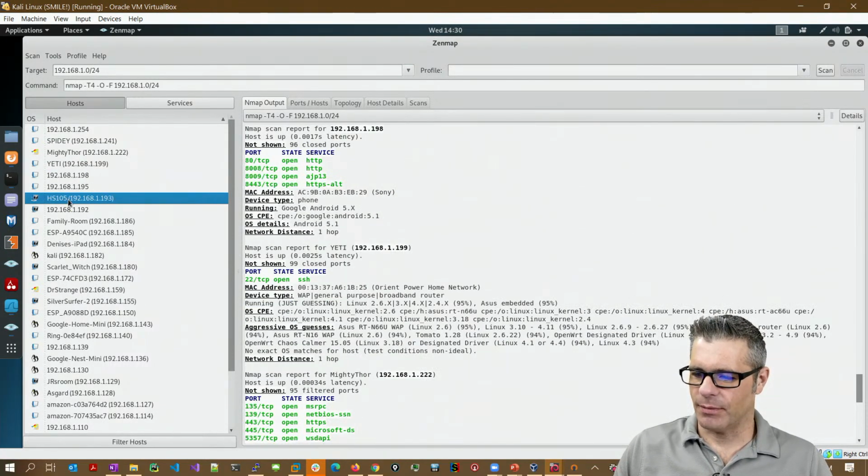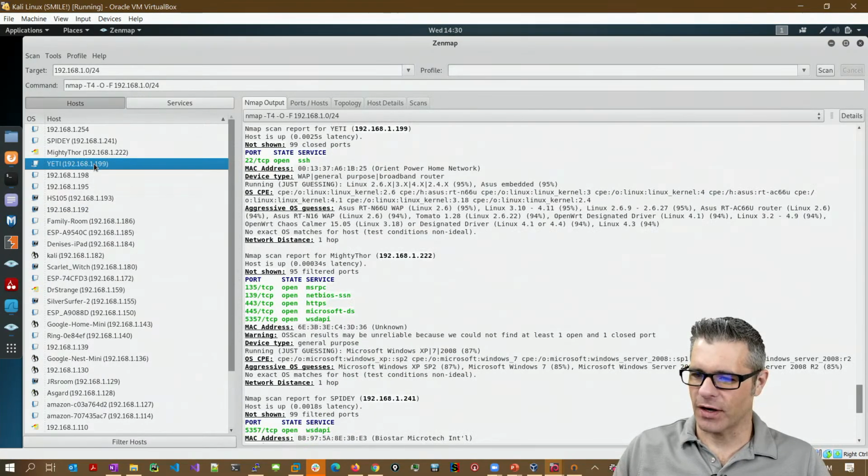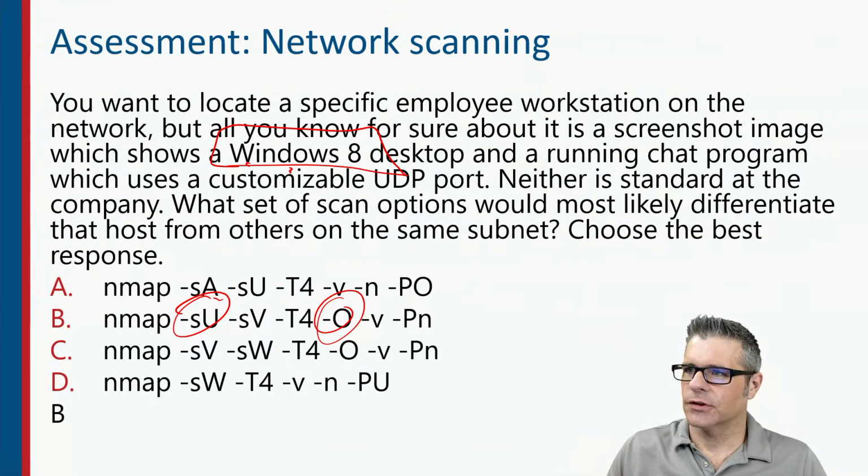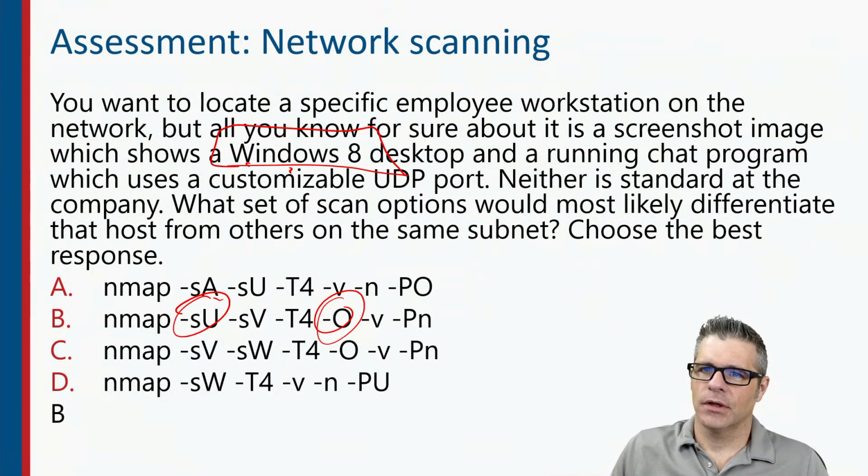Always fun to see what Nmap thinks my stuff is. Like, that's actually a Wi-Fi Pineapple. A general purpose broadband router is what a Wi-Fi Pineapple shows up as. So far, so good. How about